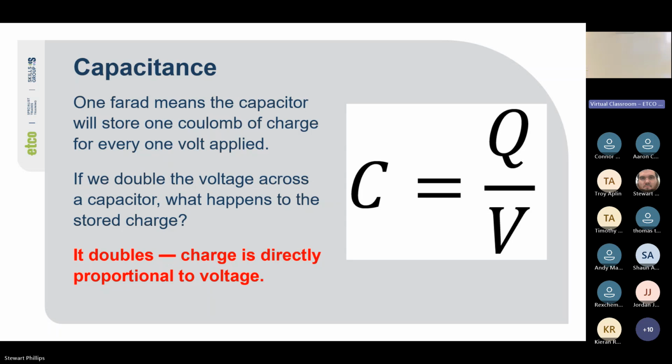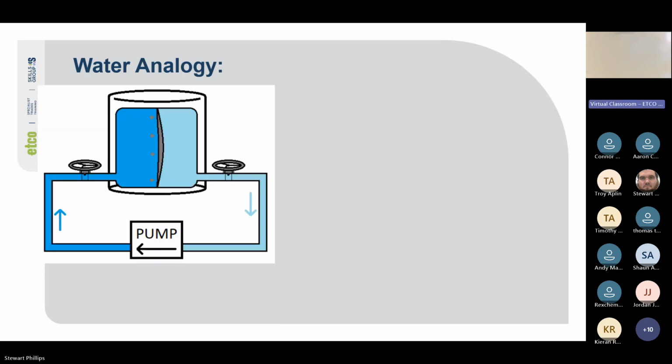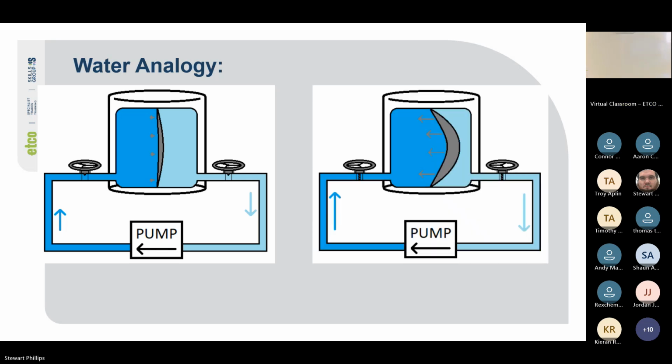Cool. So now we go back to our water analogy. This is what you would look at if it was a capacitor. So the pump is our voltage. As we increase the pump, that membrane starts to stretch, so it starts to put back pressure. So if we look closer,